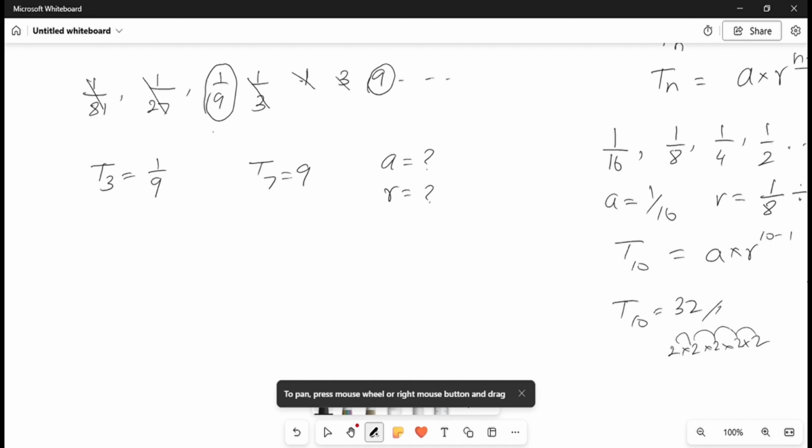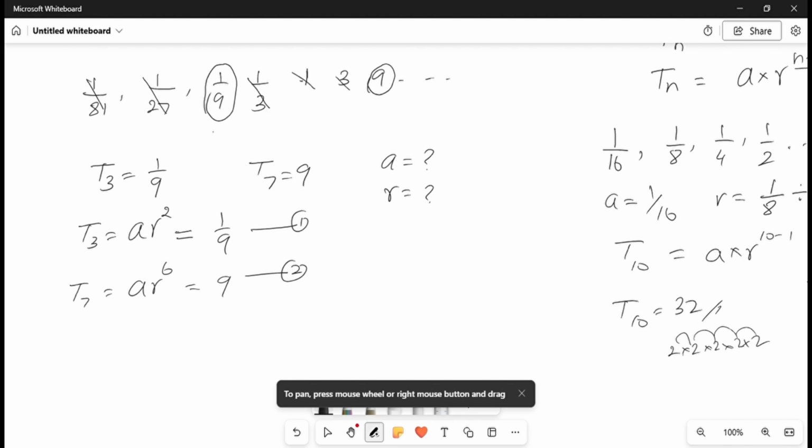You know T3 means, we don't know A, first term is A, R, n minus 1. n minus 1 means 3 minus 1, that is 2. AR to the power 2 is given 1 over 9. T7, which is AR to the power 6, why 1 less, n minus 1 is 6, that is given 9. So here equation 1, equation 2,